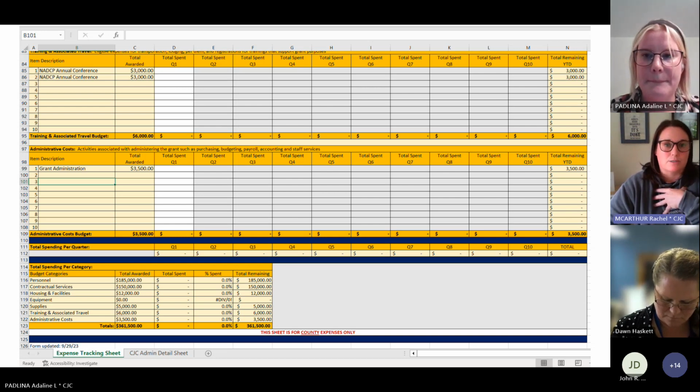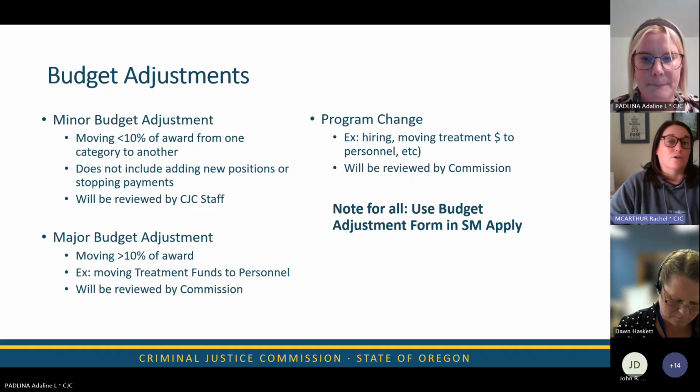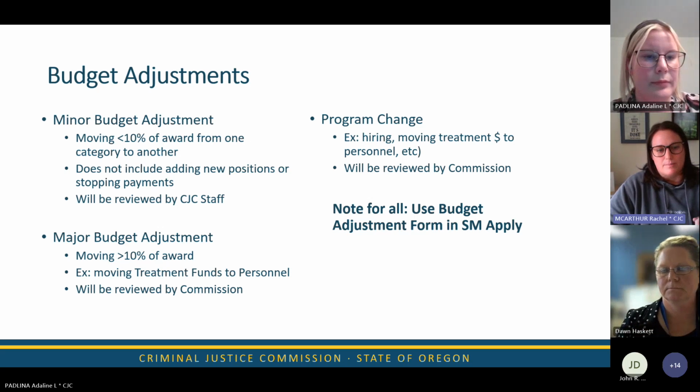So for what I just talked about with the budget adjustments, those are when you move funds between categories. Okay, so there's kind of that delineation. If you're confused as to whether or not you need to notify us, just reach out, especially with these little bit of differences, whether or not it has to go before the commission. Again, the program change part is a little bit different. If you have questions, if you're doing something, if you're hiring personnel, an example of like, if you decide,